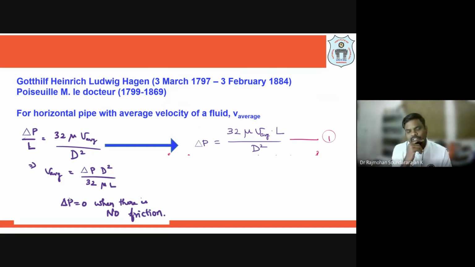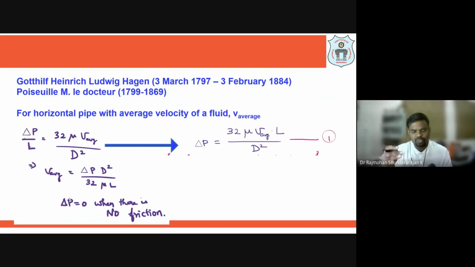As I told, the velocity will be maximum far away from the solid boundary. But in a closed conduit, which location will have such a maximum velocity? In a closed conduit like a pipe, it is the center line of the pipe, right? Because that is equidistant from all the walls. It is a circular pipe, so equidistant from all the walls, you have a center line. That is the location where we are going to have the maximum velocity.